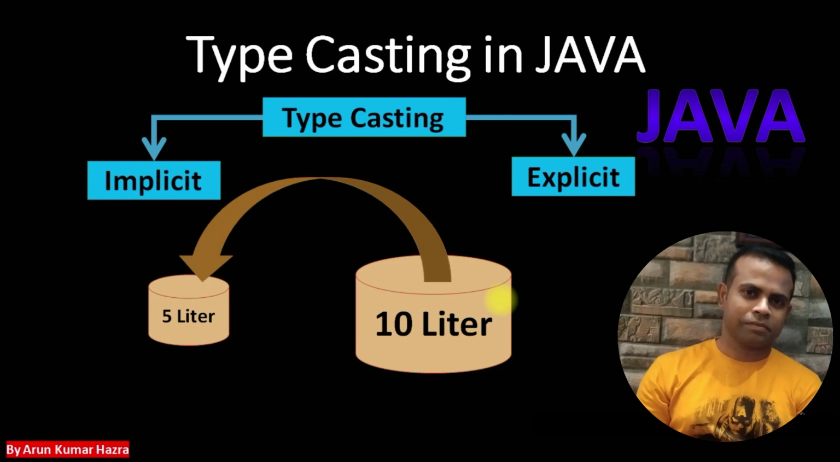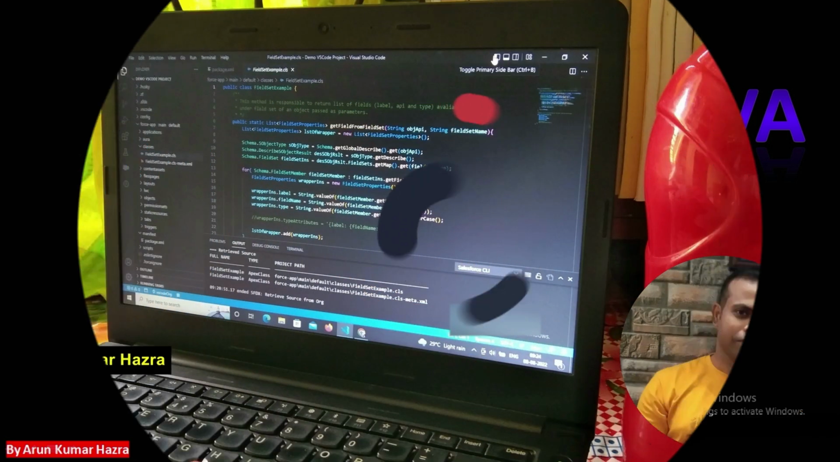Let's say we want to shift milk from a 10-liter container to a 5-liter container. There will be a big issue, right? Because if we put the 10-liter container's milk in a 5-liter container, there is a possibility of data loss. Similarly, if we take the Java data type concept like long and double, definitely long